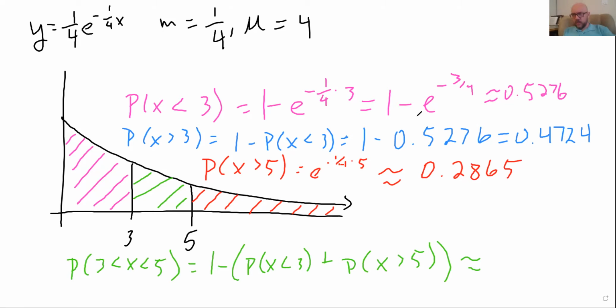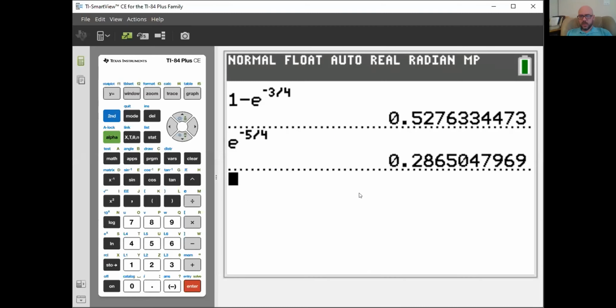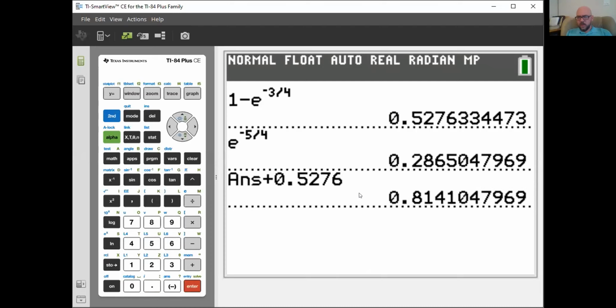which we will go ahead and calculate. 0.5276 plus 0.2865. Oh, I can just add those together. Great. Plus 0.5276. That's 0.8141. So I'm going to do 1 minus answer, minus, not times. And again, I don't know if you guys have seen this or if you remember this, but the negative key on your calculator, the second function of that is answer. So if I do 1 minus the answer, I get that,